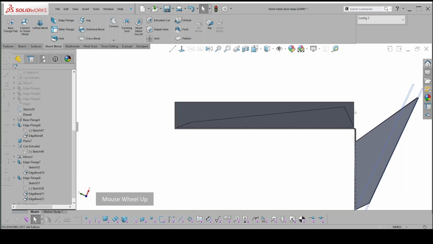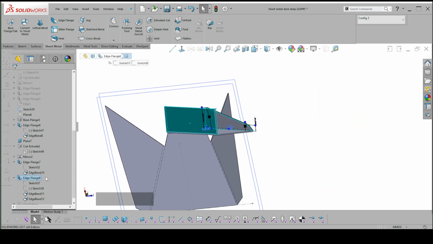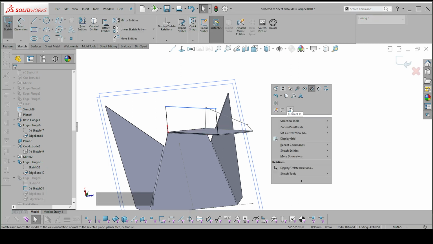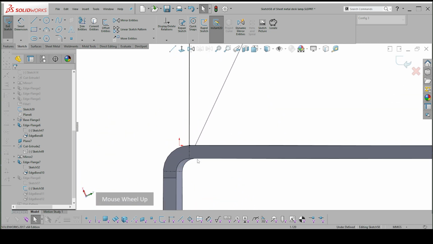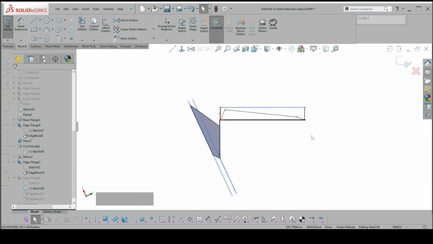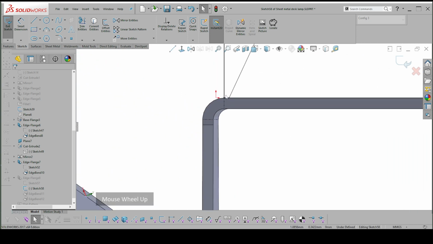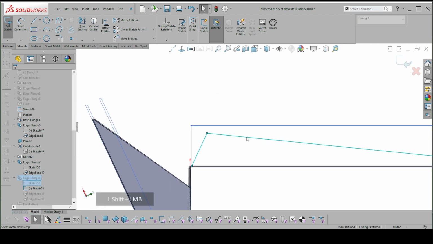Right, so let's see if we can get that mirrored on this other sketch. So you can see that we've got two different sketches in here. There's the second sketch. If I edit that sketch and I go normal to, I can now see this other sketch, but I just need to be careful here. I can see that I'm not edge on to this. The geometry has actually altered this. If I go back to like that and I zoom in, you can see that these two don't line up. But if they did line up, if I was definitely tangent to or normal to this face, I would then be able to just grab these items here